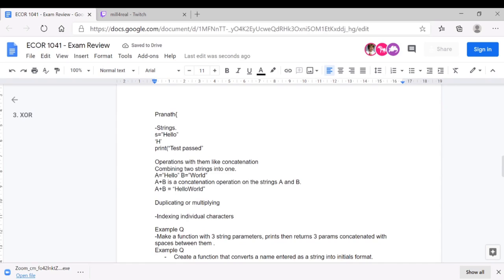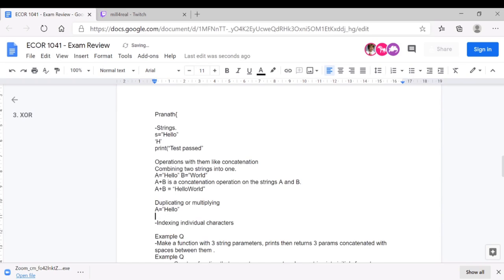So again, if we have a string called hello, and we say A is equal to A into 3, essentially this means we are having this string 3 times, and A into 3 is getting stored in A. So A into 3 would mean hello 3 times as a string, and then we store it in A. So it should come out as this. And I'm pretty sure this is something you would be familiar with from the labs.